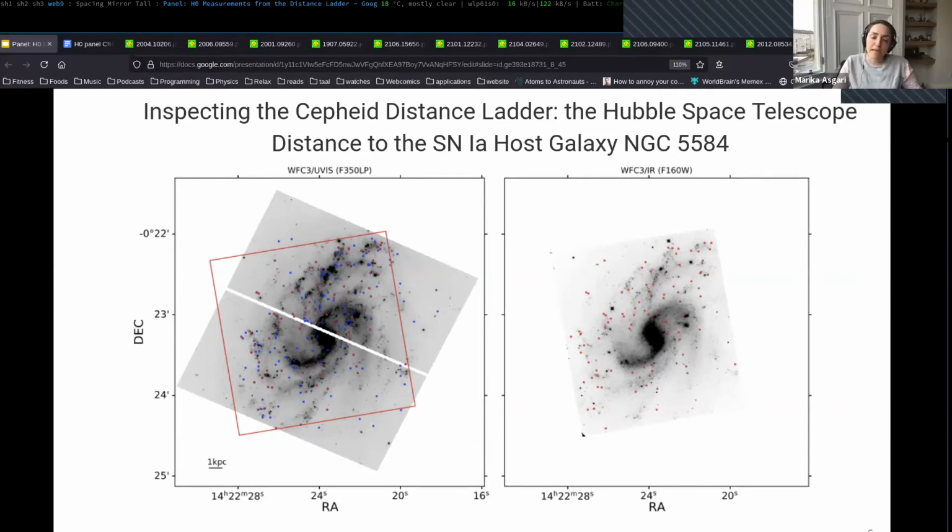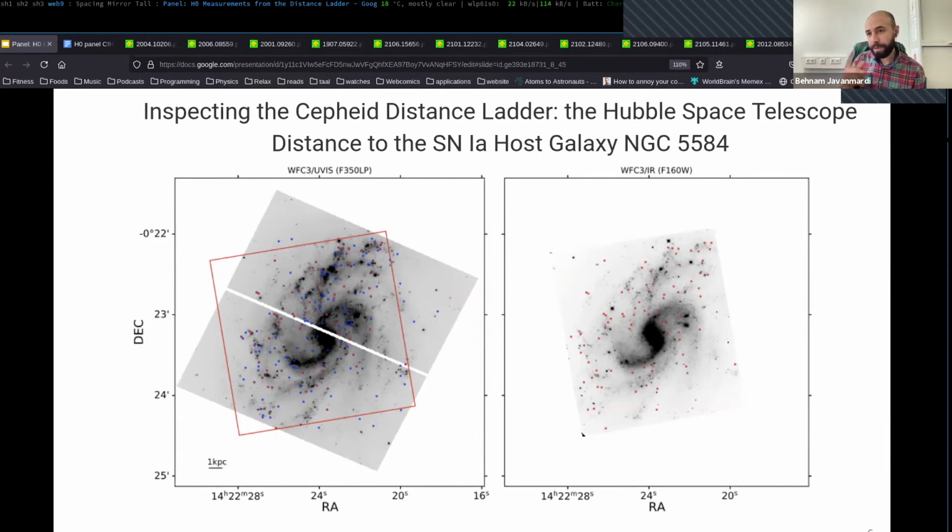So do you expect it to be different? You get a different result if you analyze another galaxy like this? Or in other words, is this galaxy a typical one, or is it a special one? No, in fact, its specialty does not lie in its nature. It's because it has been